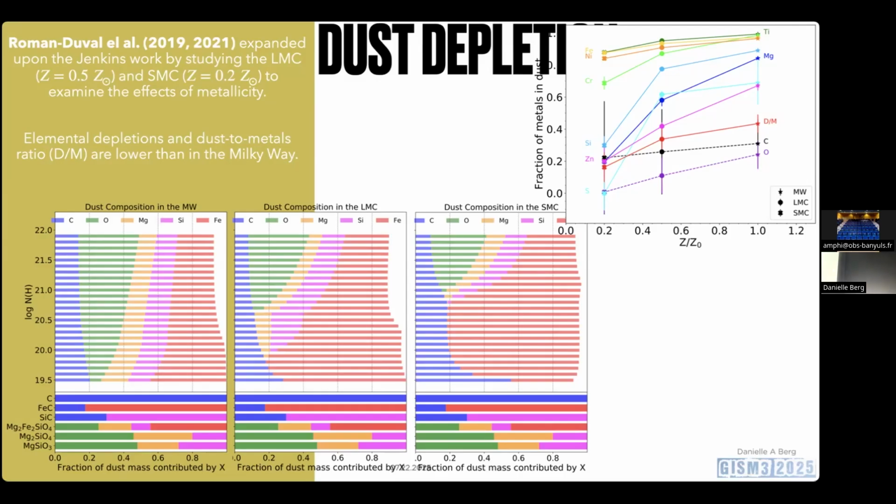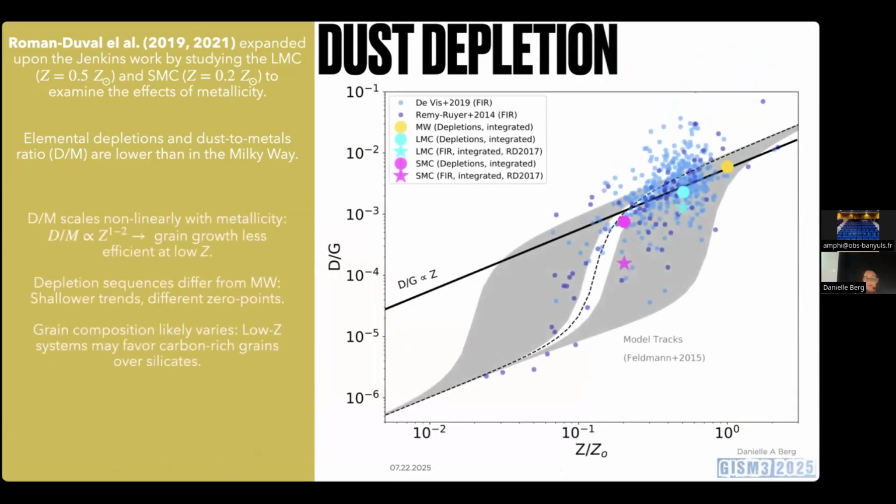with these different measurements for different elements by that same color coding, or the overall dust to metals in red here. And you see that it's changing as a fraction of metallicity. It's not staying constant. You can't just assume one of these dust to metals ratios. Work overall, now looking